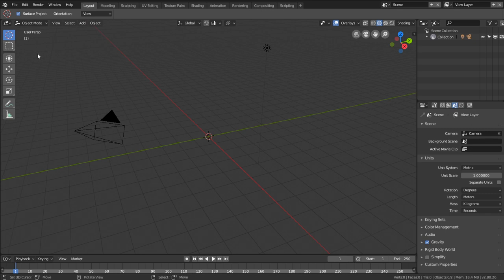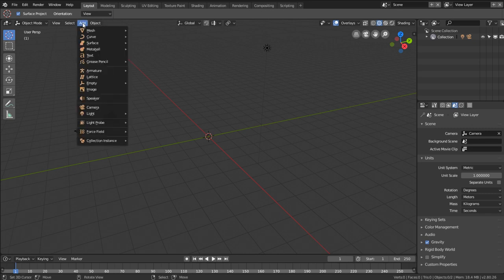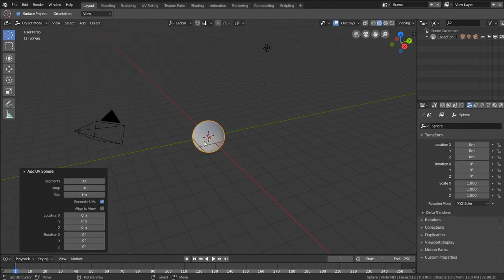I showed you dissolving in Houdini versus dissolving in LightWave earlier on. So I could have done the same thing in Blender, but